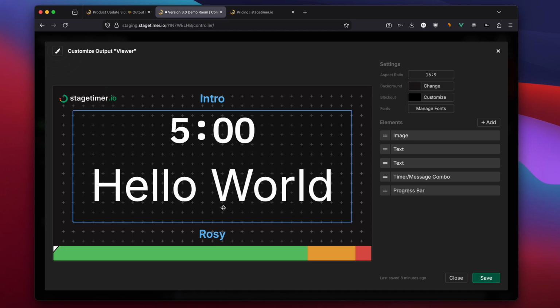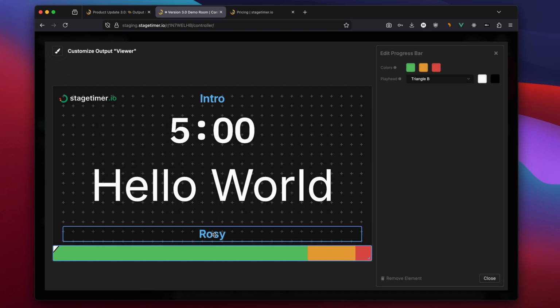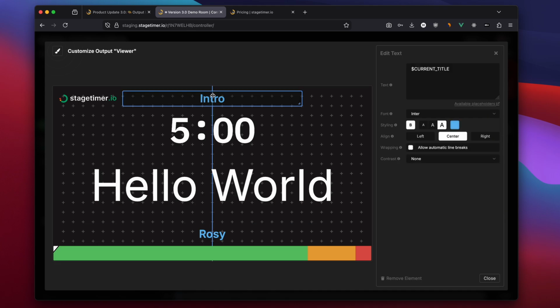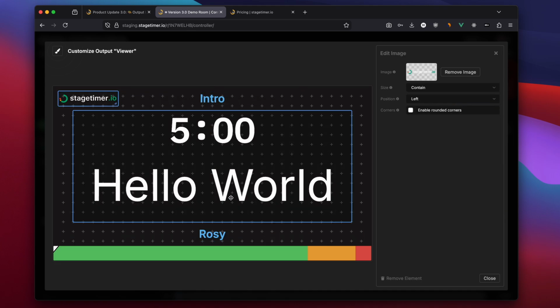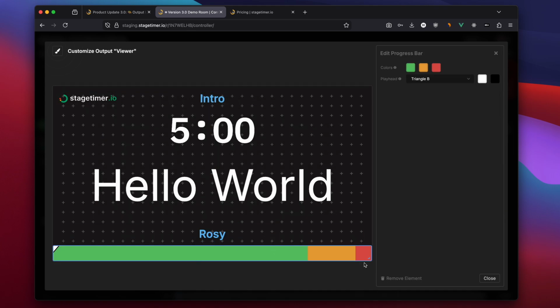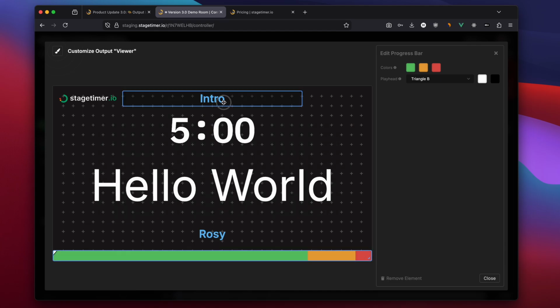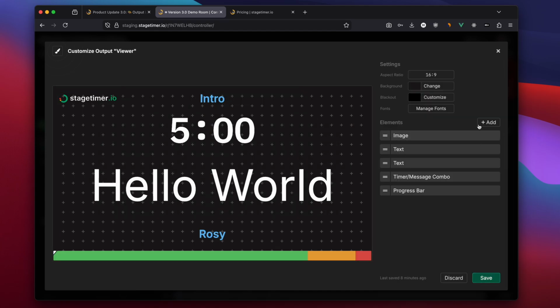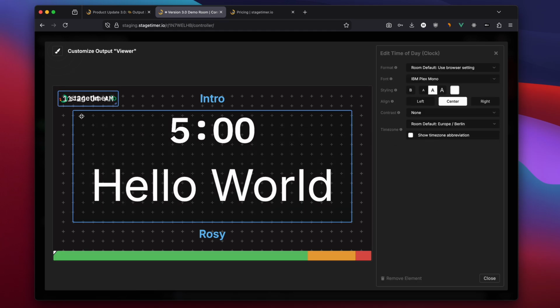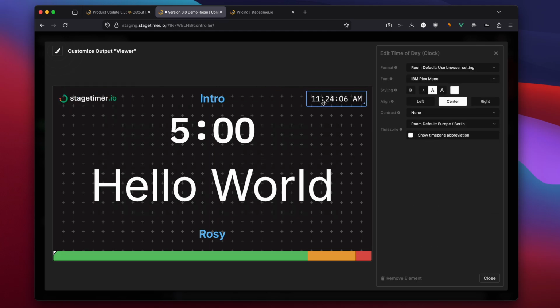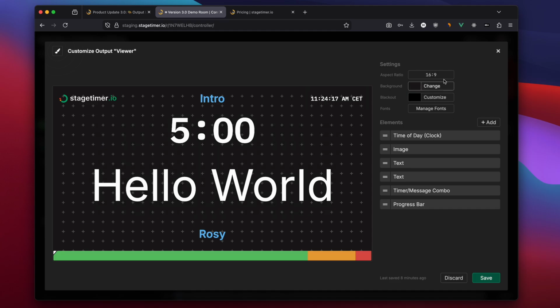In the viewer output, each element is completely up to you what you want to do with it. So we can resize the progress bar, and we can, for example, add a clock. I want to add a clock here. Let's move it over to the right. Let's show the time zone. Let's make it bold. You have really options that give you a lot of freedom to design this page with